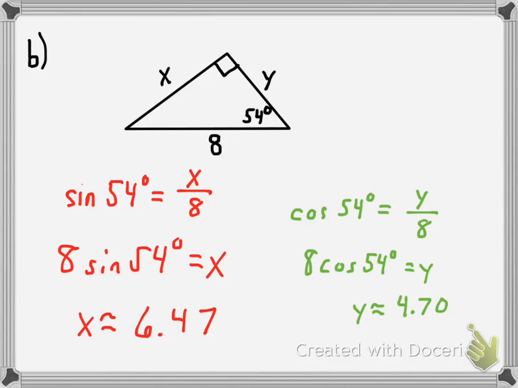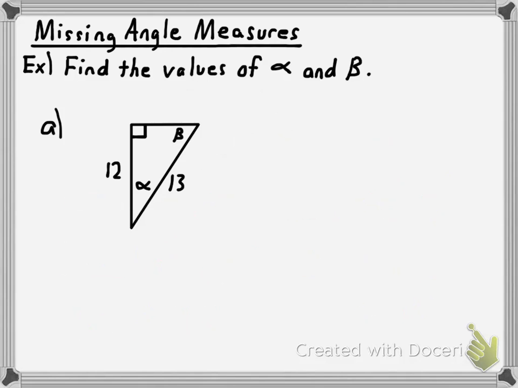6.47 and 4.70 respectively. Okay, now here's the next thing we're going to do. We're going to find missing angle measures, as I mentioned. When I'm talking about the missing angle measures, we have to know what a right triangle is, so we know that's 90 degrees, but it's the two acute angle measures that we don't know. And I gave you two side lengths. In order for this to work, you have to know at least two of the three side lengths of the